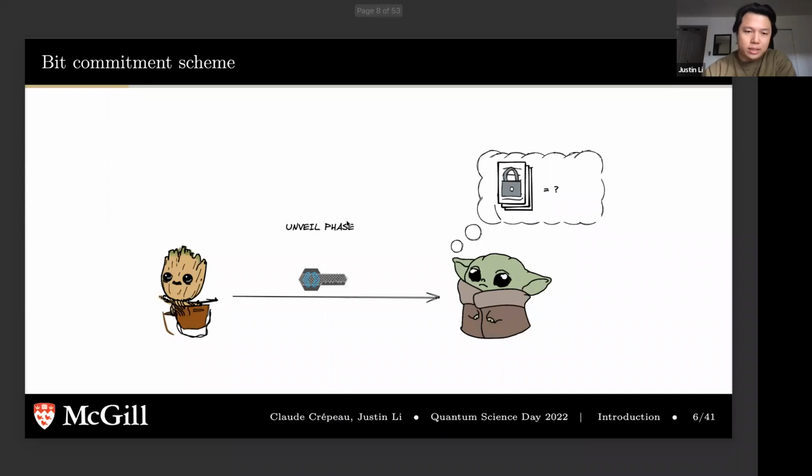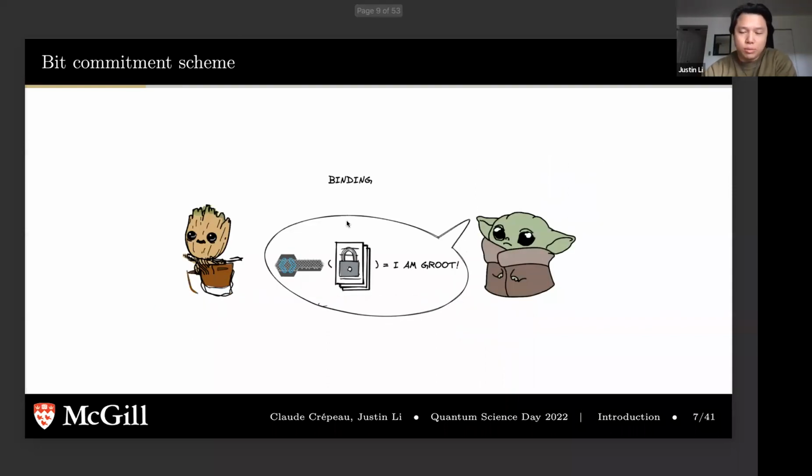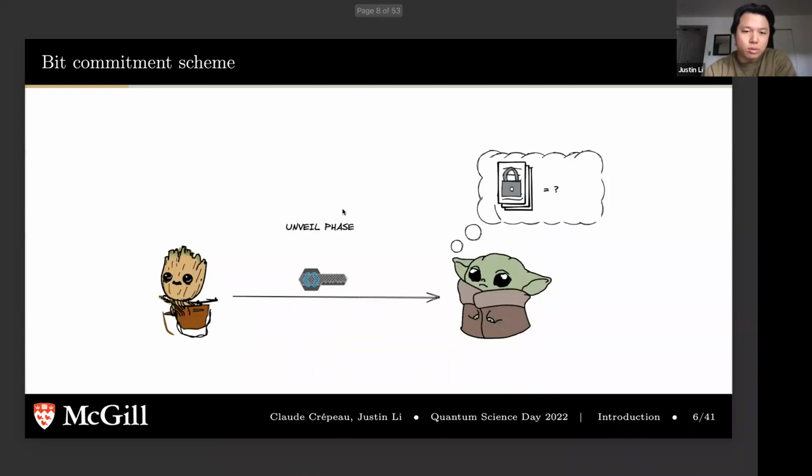After some time, when he's ready to actually tell the other party what the original message is, the left-hand side would send some additional information to the right-hand side, for example, some keying material. Once the right-hand side gets the additional information, he will be able to compute and obtain what the original message is. This is the second phase of the commitment protocol. It's called the unveil phase, when the person that wanted to convey the message sends this additional information.